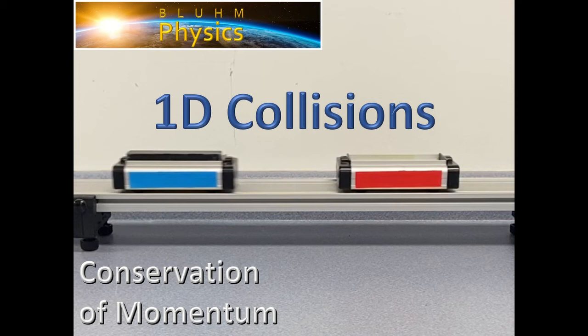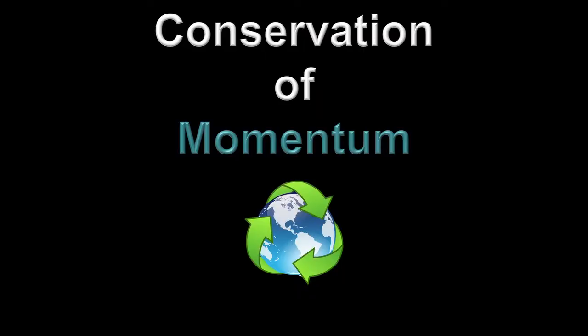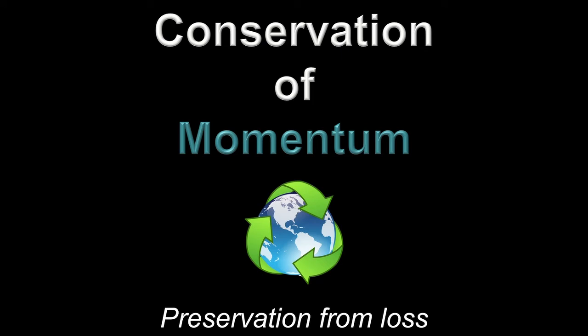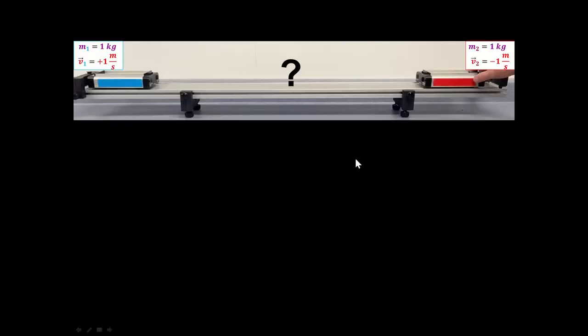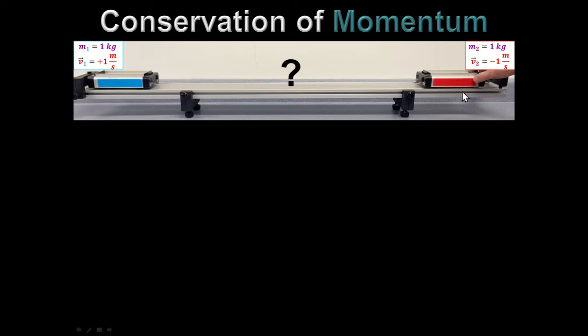To understand collisions in one dimension, you have to first understand conservation of momentum. And conservation of momentum just simply says preservation from loss. That's what conservation means. It means it's not going to go anywhere, it's going to stay in the system. So using conservation of momentum, do you think we could predict what is going to happen when these two carts